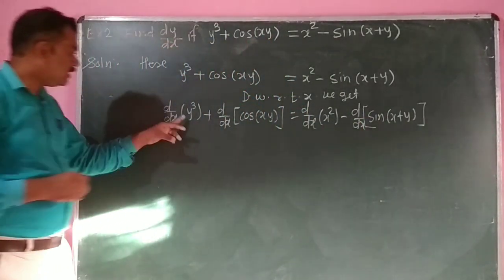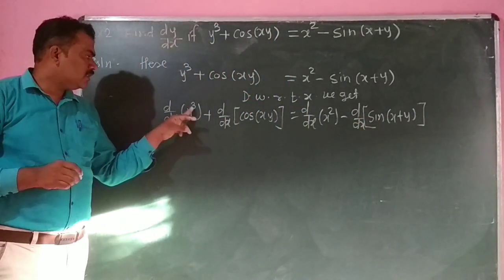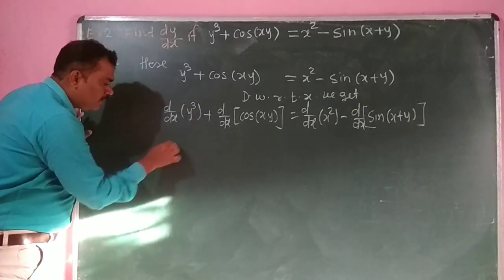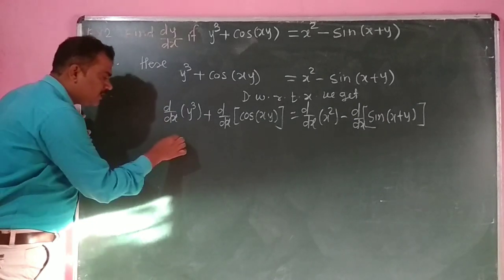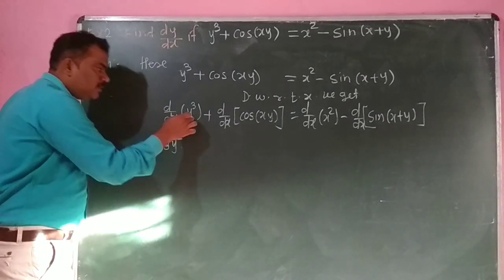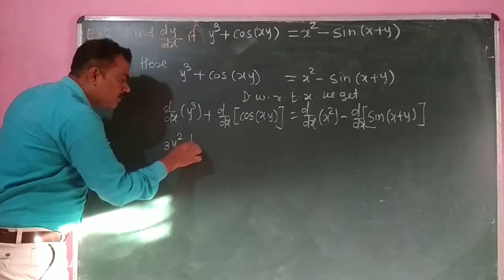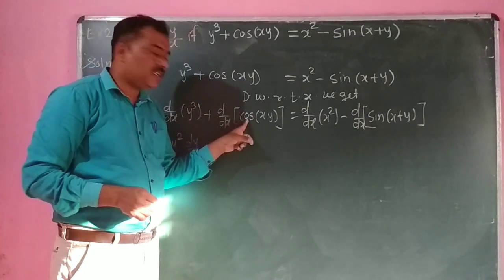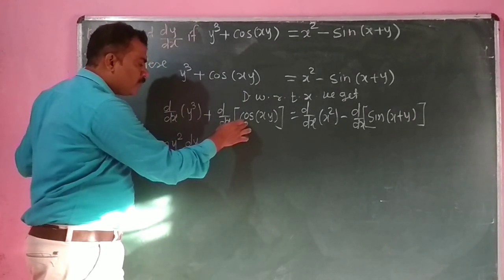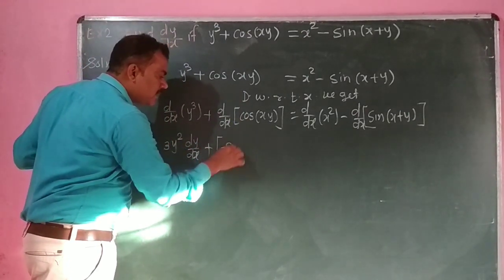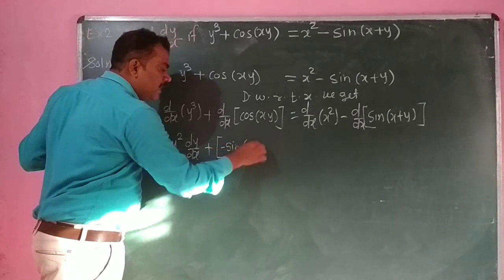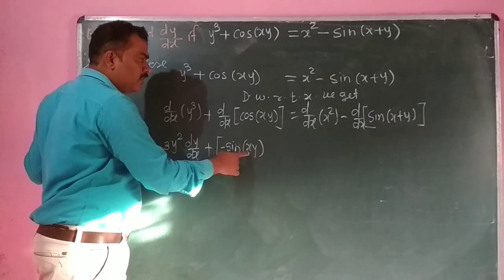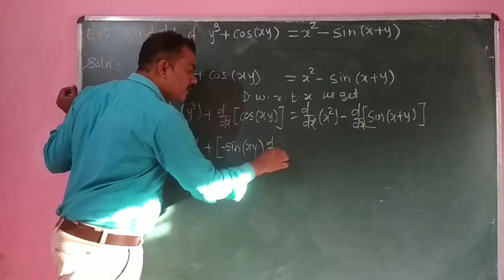Okay. Now first of all we have to differentiate this y cube. This is the power function, so we keep the power as it is, into minus 1 from the power, that is 3 minus 1, that is 2, into differentiation of this y with respect to x, which is nothing but dy by dx, plus first we take the differentiation of cos. What is the differentiation of cos? Minus sine, angle as it is, that is, differentiation of cos of xy is nothing but minus sine of xy into d/dx of xy